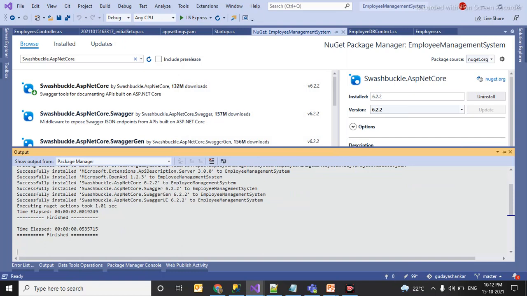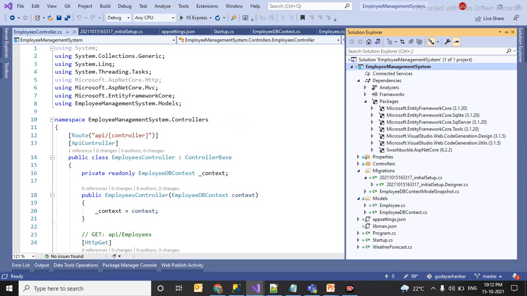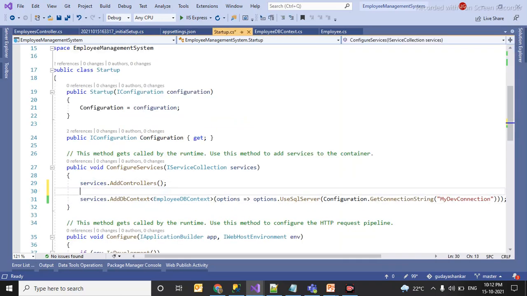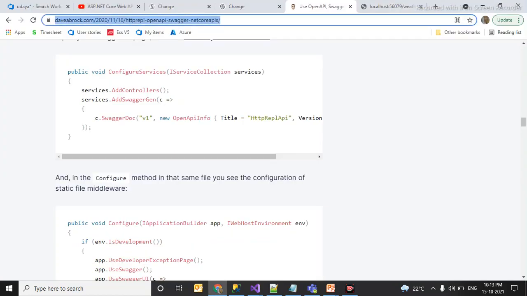So let us see how we can integrate this in our startup class. So go to startup class. Here you have to include your Swagger code. For that you have to go to this URL. This I will paste in the description section.